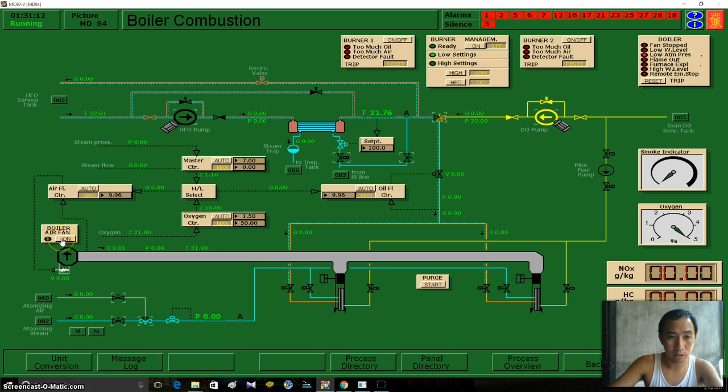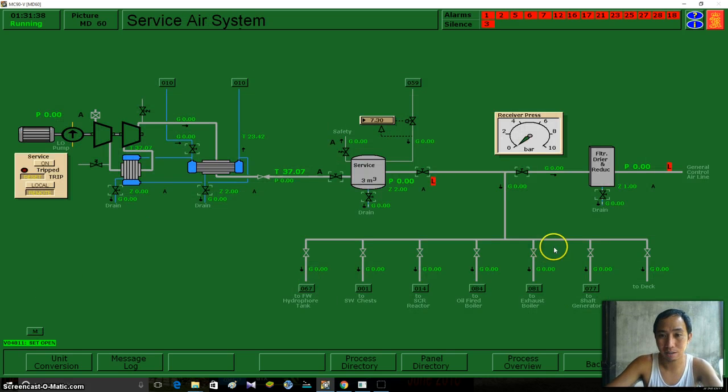So we're going to start our boiler fan. We're going to our atomizing air. Since we don't have any steam yet, we're going to switch this three-way valve to our air, so we'll be using our air as an atomizer. We're going to open this valve and we're going to 060. So this is our air system.